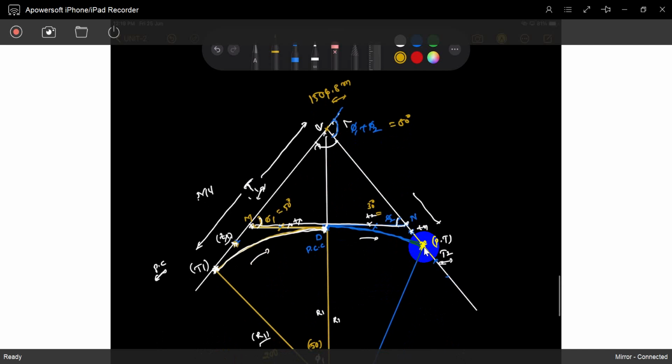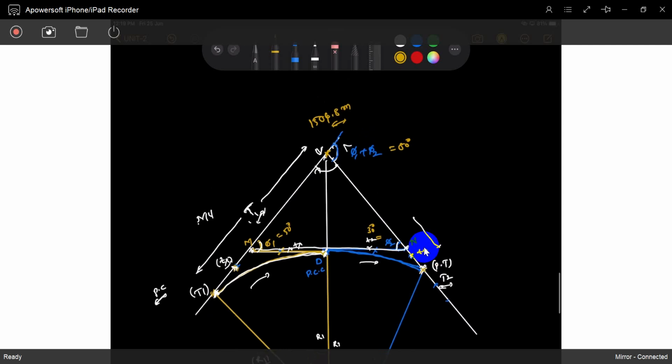So we have to identify the two straight lines T1V and T2V. The chain edge point is 15 0.48 meters, based on the boundary locations. We have to identify the points T1 and T2, the point of curvature and point of tangency, and also the D value. That is our duty.